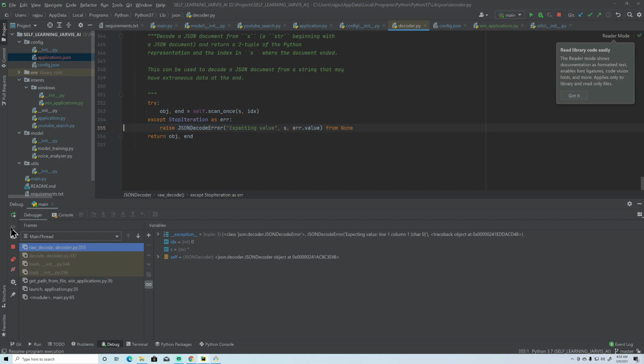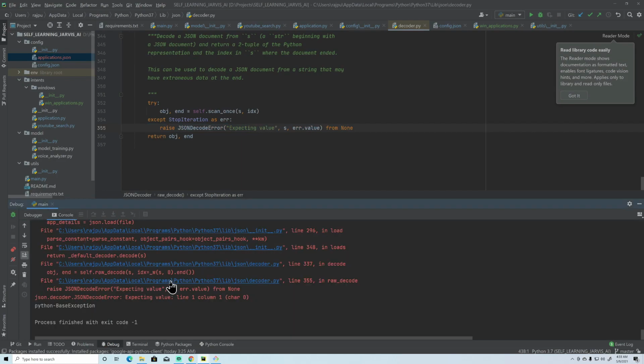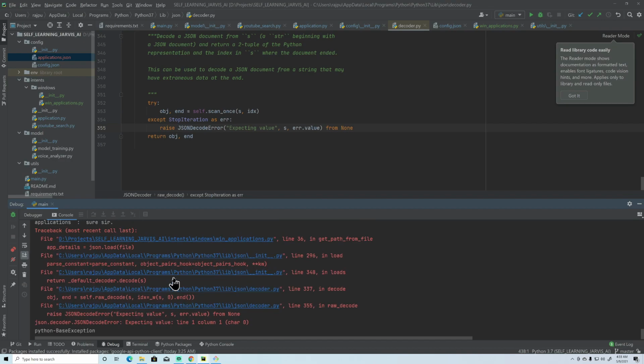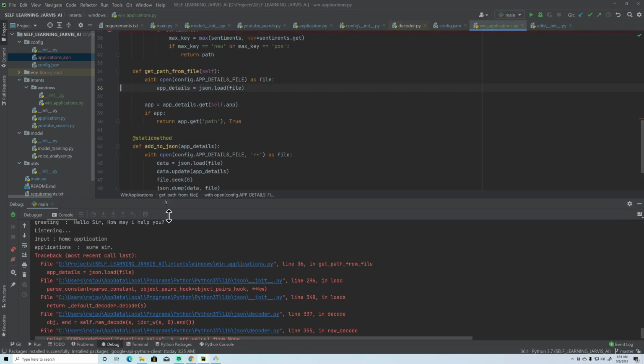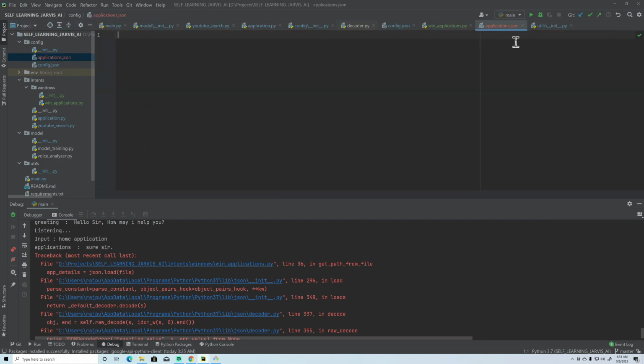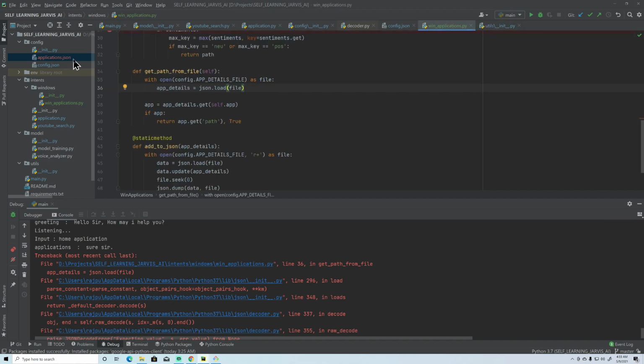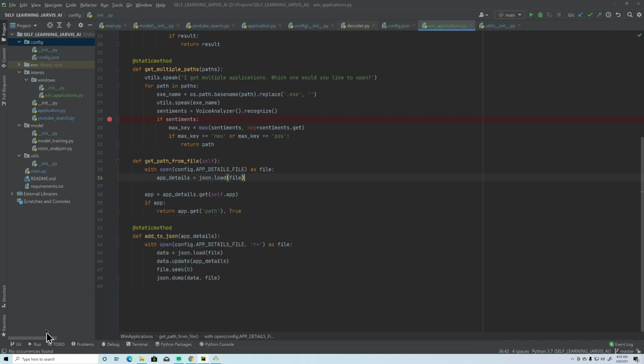Okay, so we got decoding error. Let's see. Init application. Okay, so it's loading that particular file. Okay, so it's already created, so that is why. Okay, so I need to first remove this, and again I need to create the valid file. That is why we are getting that error.